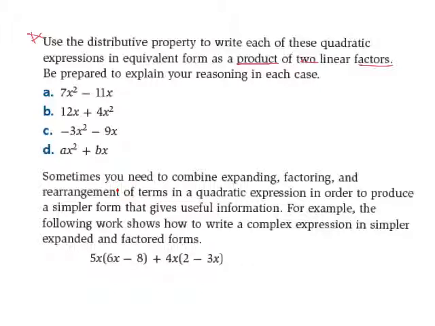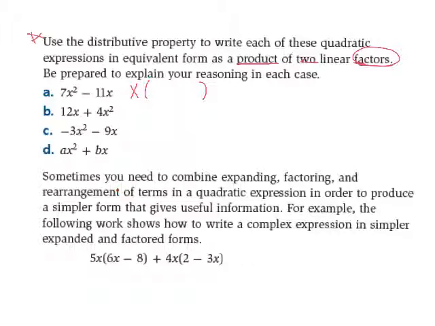So when you see these directions, the word factors means look for a greatest common factor and take that out of the original expression. So for part A, 7x squared minus 11x. 7 and 11 have no numbers in common, but I do see that they both have the letter x in them. So I'll take out a factor of x and then fill in what the distributing would have been before